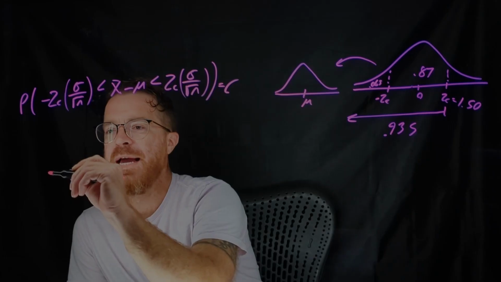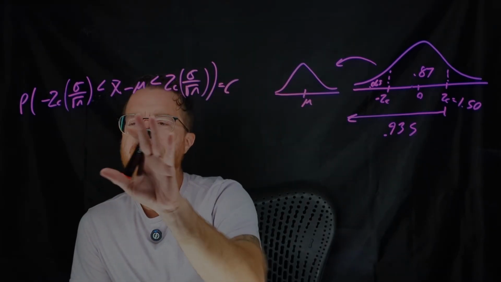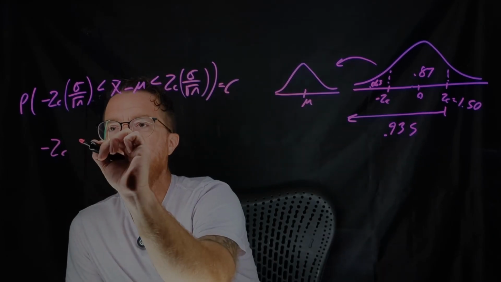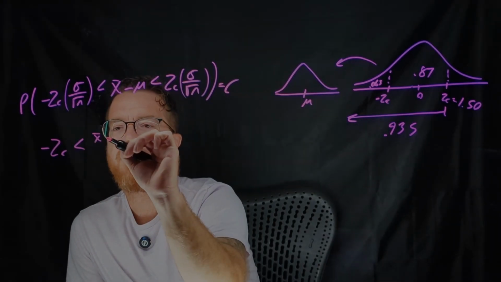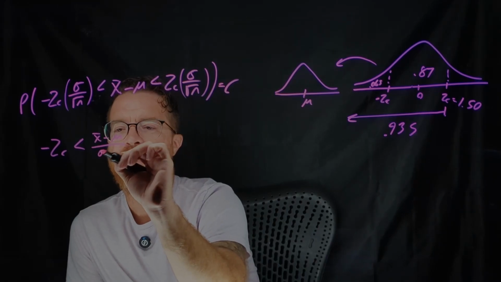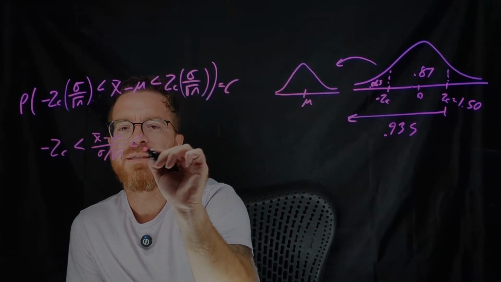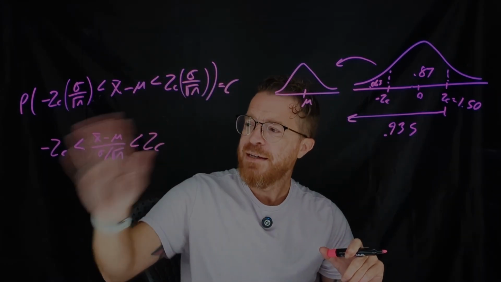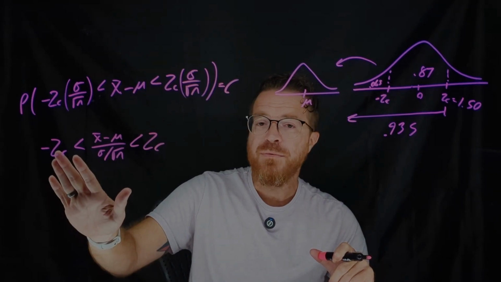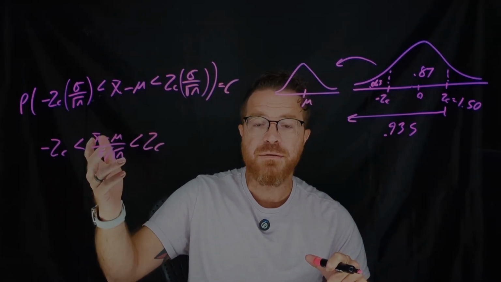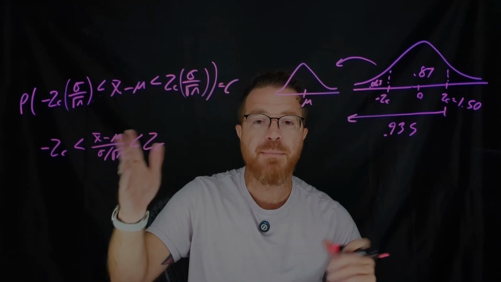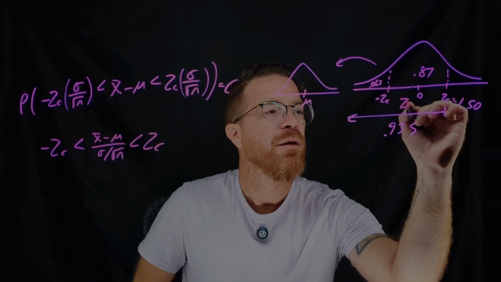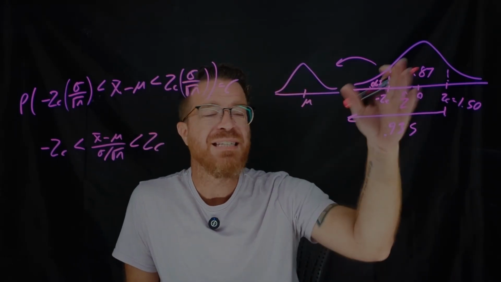Now let's actually look at why this is true. Let's start by rearranging it back to just the Z values. So we have negative Z critical is less than x bar minus mu divided by sigma divided by square root of n, which is less than positive Z critical, right? Because we know that if we have some Z value when we're using x bar, we can use the transformation x bar minus mu over sigma divided by square root of n. And we're saying that this Z value should fall somewhere in that interval